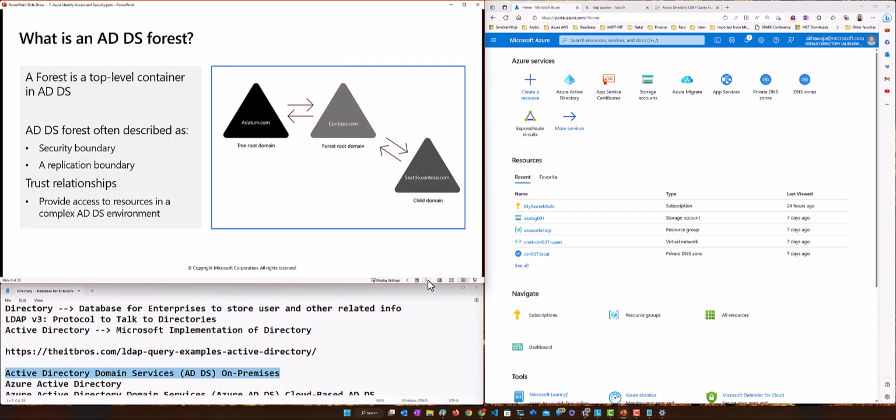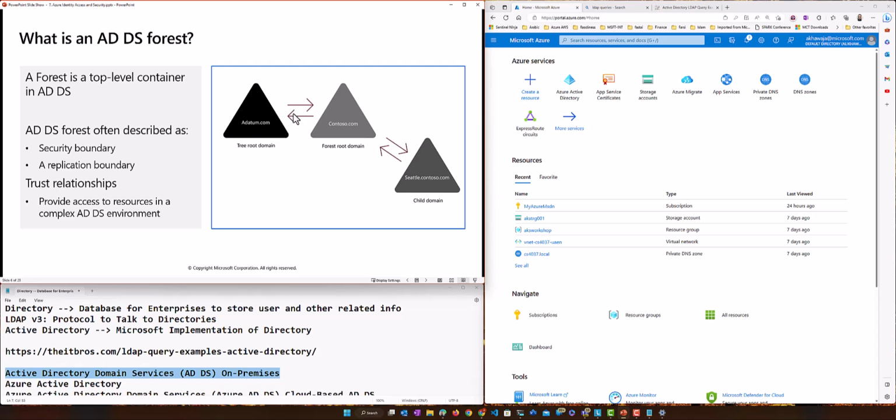A forest is kind of like, as we discussed, a management group. You can have multiple domains in a forest, right? Let's say I have a 4G Foundation, and I have multiple organizations that run under, for example, an umbrella of establishment, or an umbrella of the armed forces, right? They could all be under one forest, and you can have multiple domains in a forest. And you can have a master domain, you can have child domains also, right?